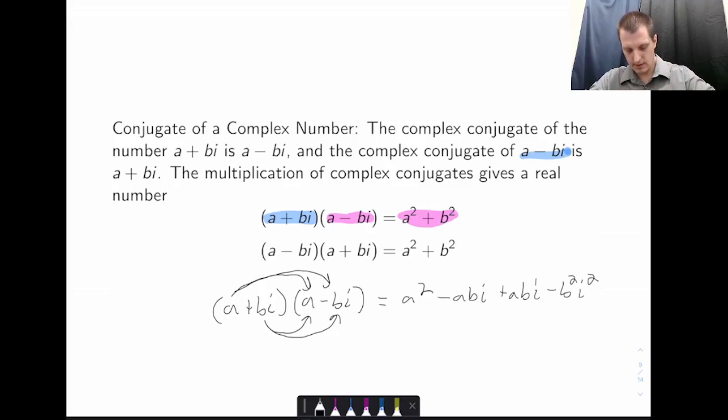Well, these two things just annihilate each other because they're opposites. So we're going to get an a squared. If we do our i squared, we're going to get another negative. So negative times negative is a positive. We get our plus b squared. You can do this math every single time, or we can just memorize the rules. And the next slide is going to help us memorize those rules because